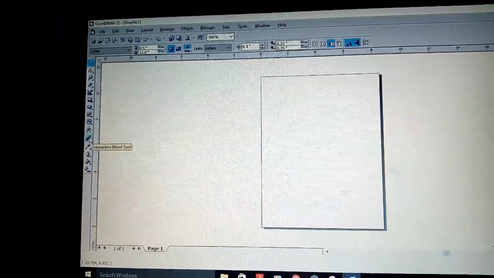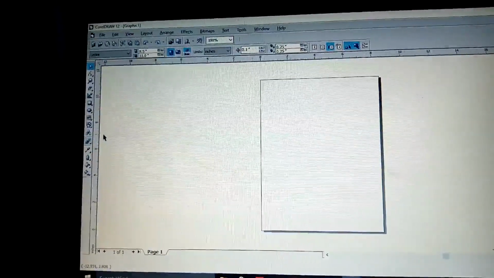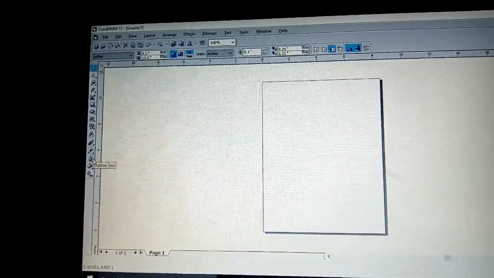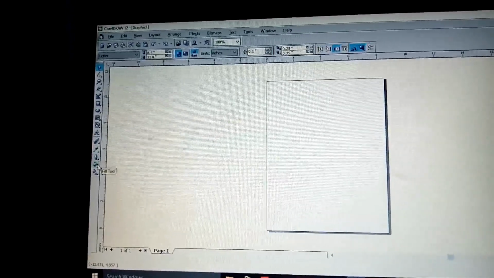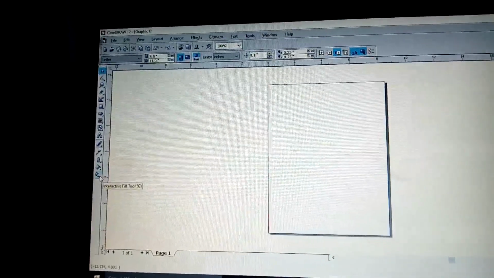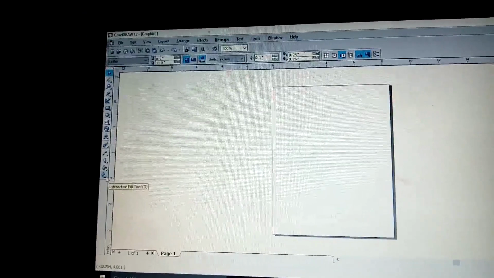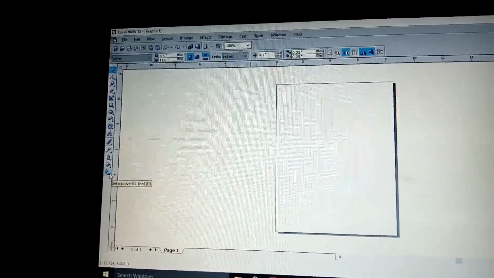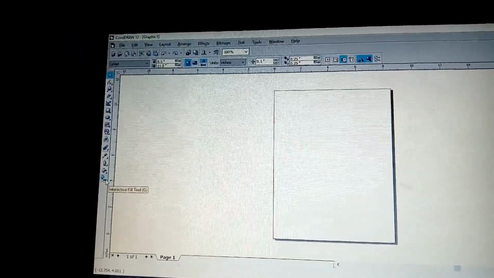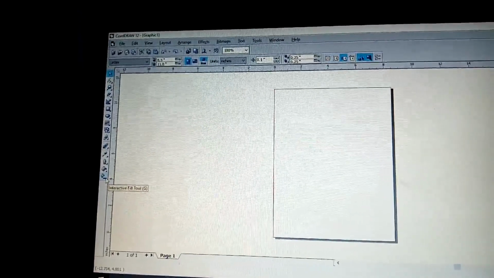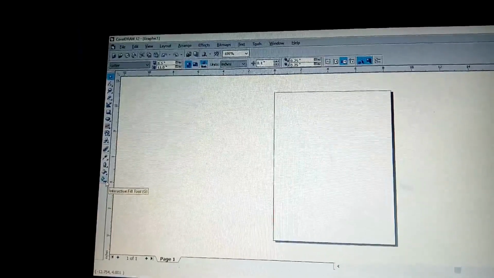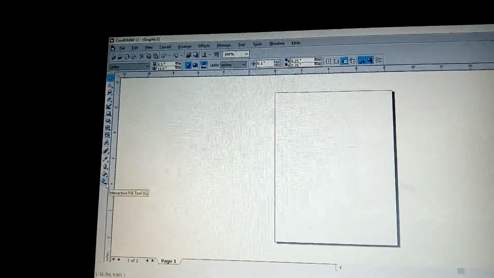We also have another tool known as the eyedropper tool. Then we have the outline tool, and then the fill tool, and then finally the interactive fill tool. Today's class, I will show you how we can quickly create a simple certificate using Corel Draw. Now, one of the first things we look at is the design I want to make,